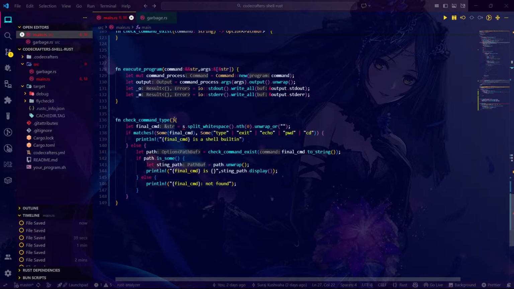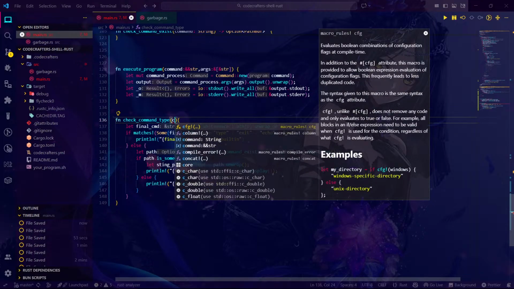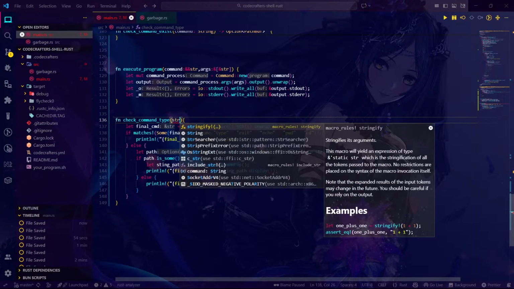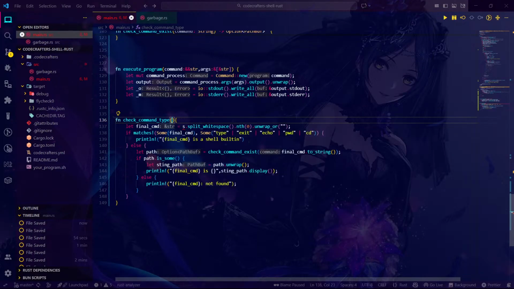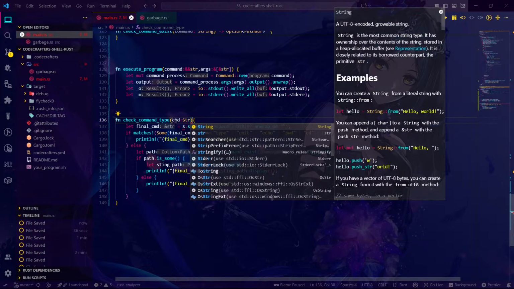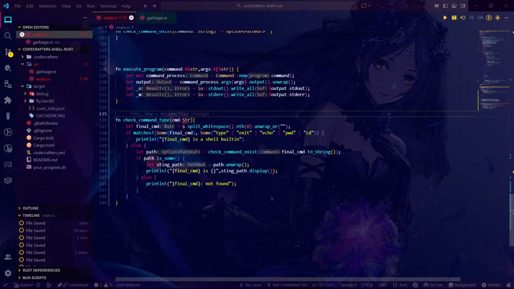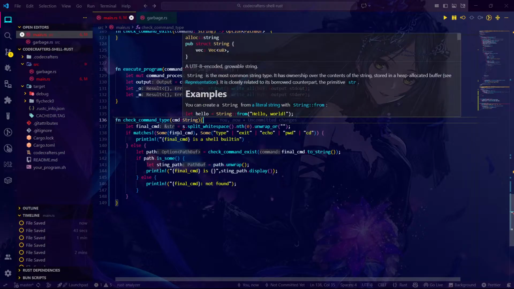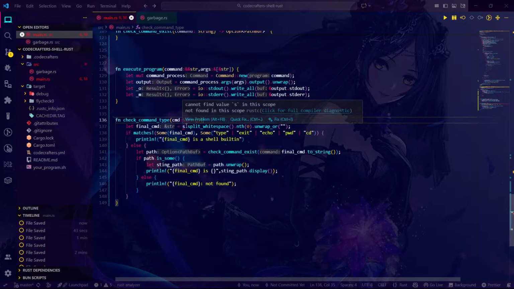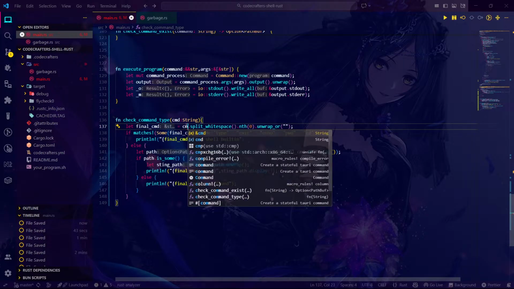So for CMD we write str, string. It is a string. So we do the string and here what we do is cmd